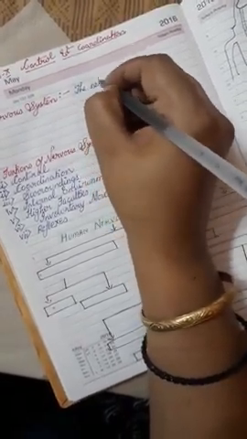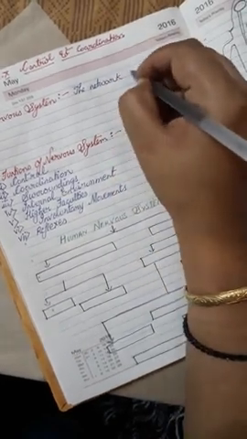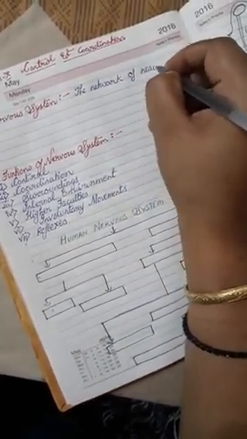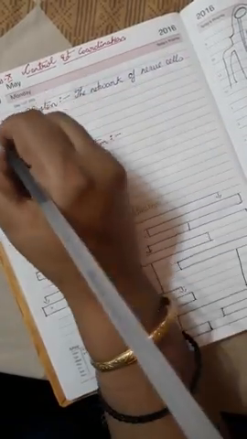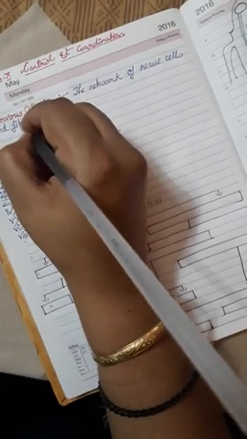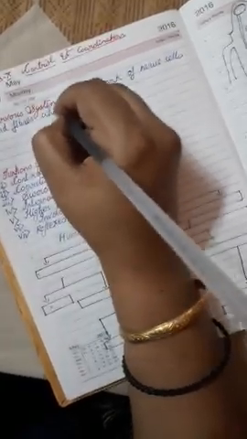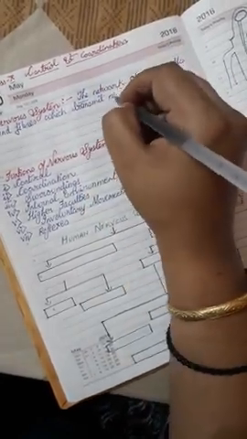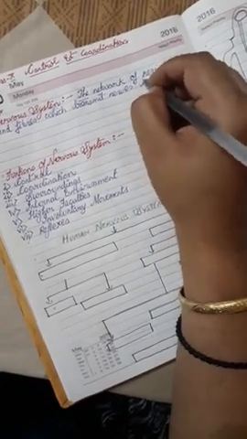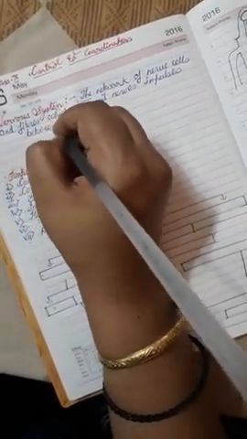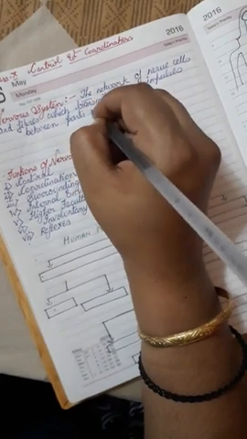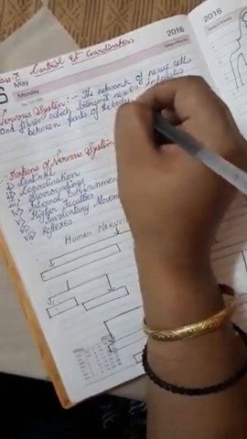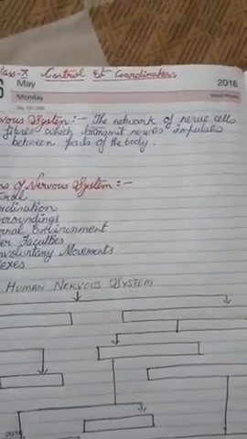The network of nerve cells and fibers which transmit nerve impulses between parts of the body, which means it is actually a network which is having lots of nerve cells, means your